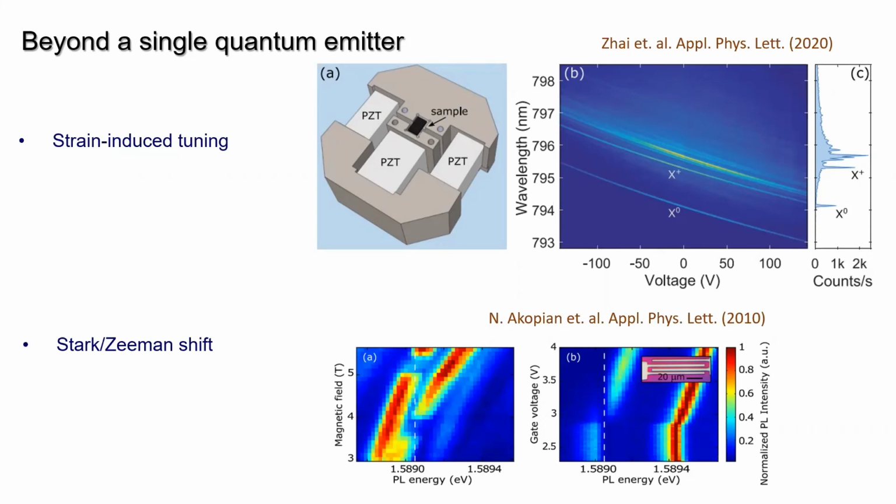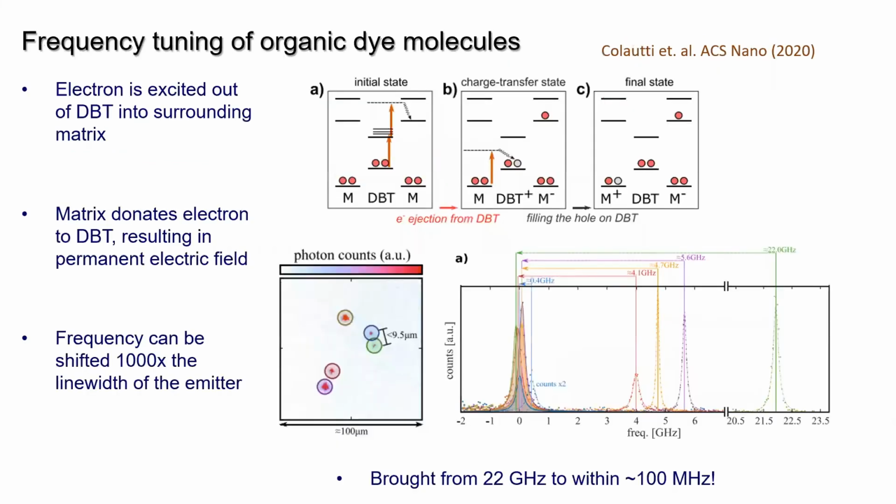You can do something similar with magnetic fields. This is an example that was done with very large, like 100 micron, quantum dots. But it's actually also been demonstrated with our system, and not that we did, Alex Clark from the UK did it. You can also use strain: you can bend your crystal by using a piezo, and that strain will also tune the emission frequency. But we might not have to do this, because dibenzotyrrolene has another trick up its sleeve,